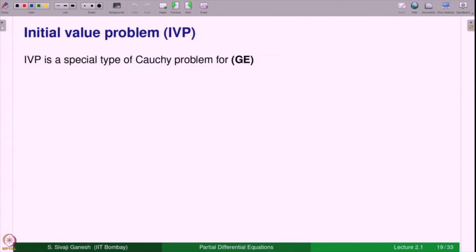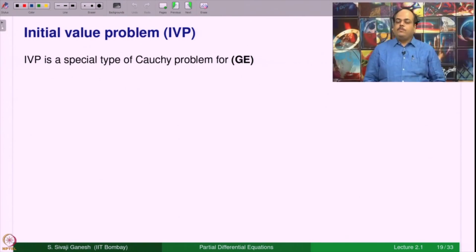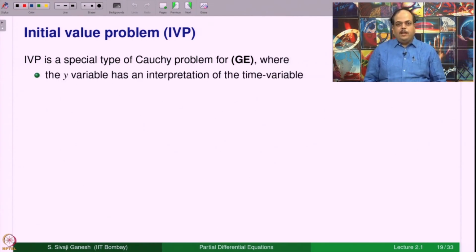Okay, what is an initial value problem? It is a special type of Cauchy problem. Initial means there is something like a time in the problem, and initially means at some particular time in the past something is happening, and then you are interested in studying the equation for future times. So, therefore, one of the variables will have an interpretation of time, let it be y, there is no loss of generality in assuming y, x would equally do the same thing. So, the y variable has an interpretation of the time variable,